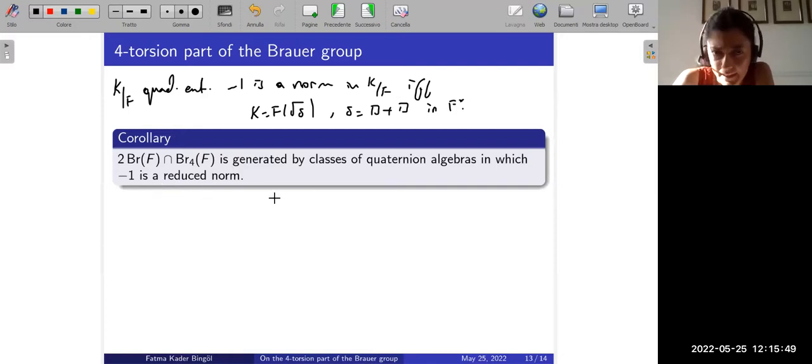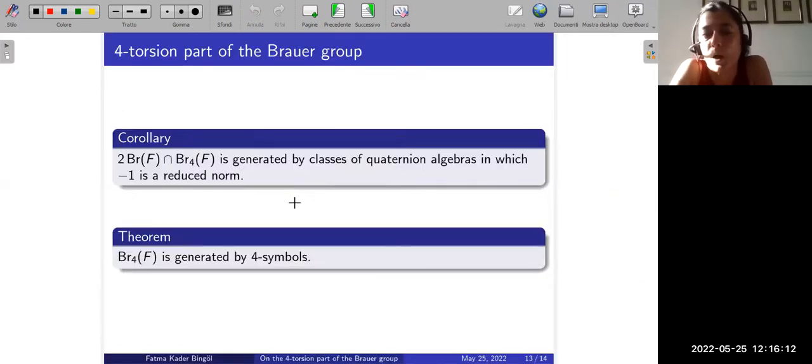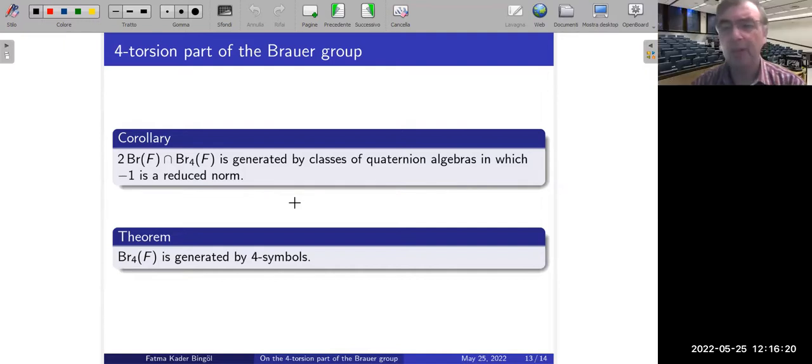And okay, in the terminology that I introduced today, this means that this intersection is generated by 2 symbols, right? 2 symbols having a p-lift, a 2-lift. Hence, we can use our proposition to deduce that the fourth torsion part of the Brauer group is generated by classes of cyclic algebras of degree 2 and 4. Okay. So this remark about -1 being a sum of 2 squares